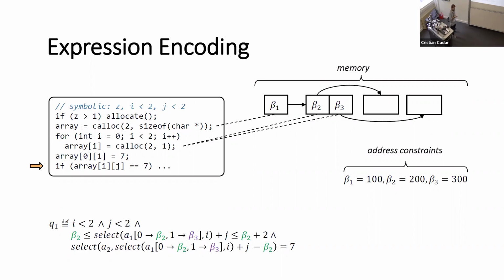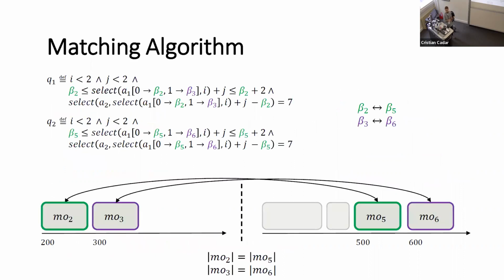And the queries that we saw before will now be encoded in this form. As you can see, the constant address expressions are now replaced with the symbolic values beta 2 and beta 3. So now, assuming that the pointer arithmetic in our program is well defined, we can use the following algorithm to decide if two queries are equisatisfiable. First, we check that the queries are identical up to those symbolic base addresses, which is the case here. For example, beta 2 from the first query corresponds to beta 5 in the second query, and also beta 3